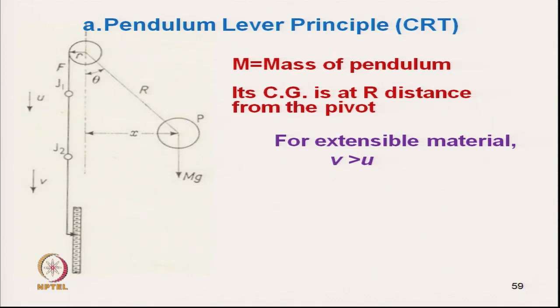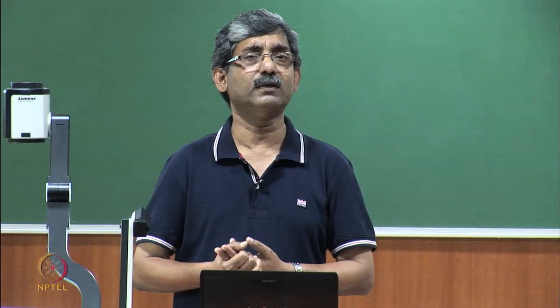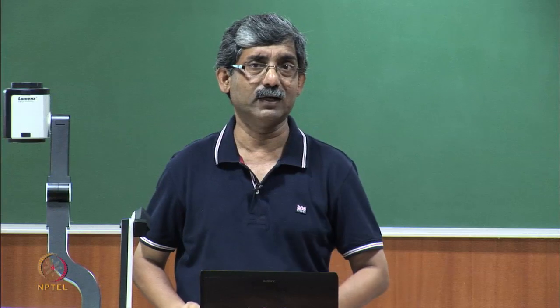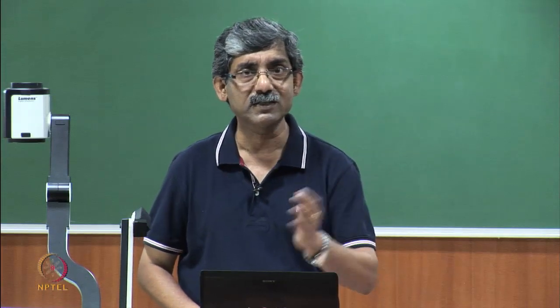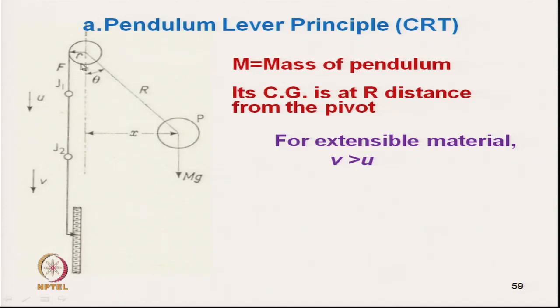We have also seen this pendulum lever principle instrument. Now, we will see one numerical, where we will try to calculate the time to break. Let us just revisit the principle once again. This is the pendulum, with a bob which has a certain mass. In this pendulum principle there is a ring, a pulley, which is fixed. The pendulum is fixed with this pulley, as a single unit, as we can see here.